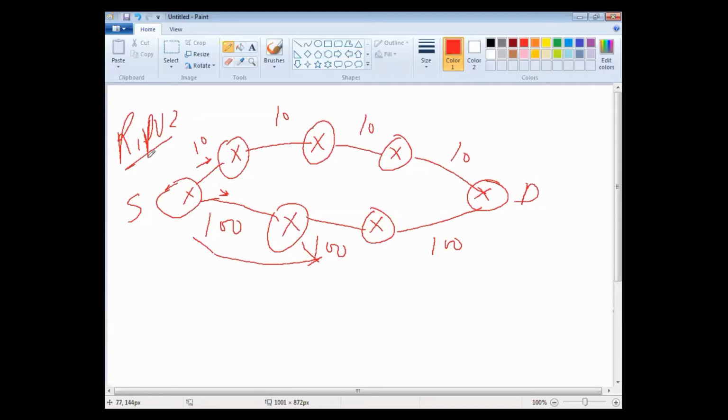But if we are using RIP, as it does not take care about the bandwidth, it takes care about the hop counts. These are 10 MB and these are 100 MBs.